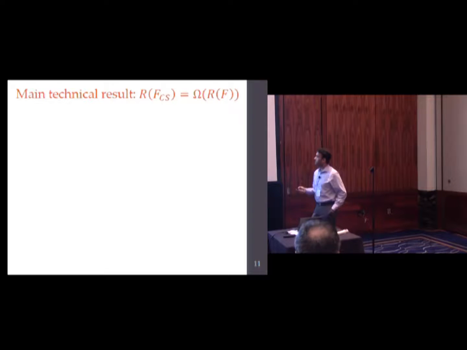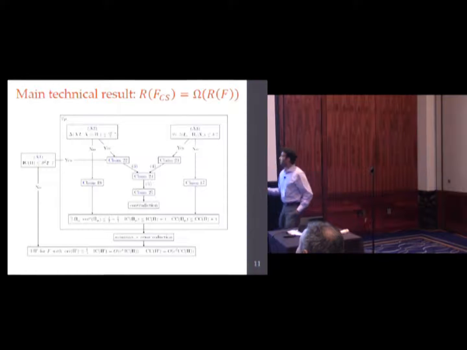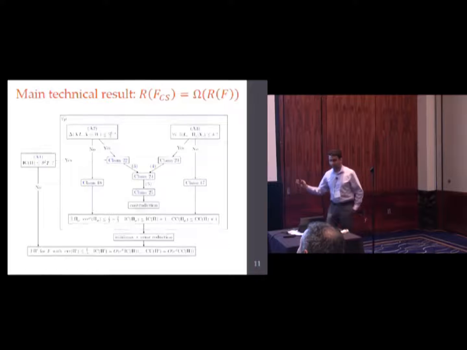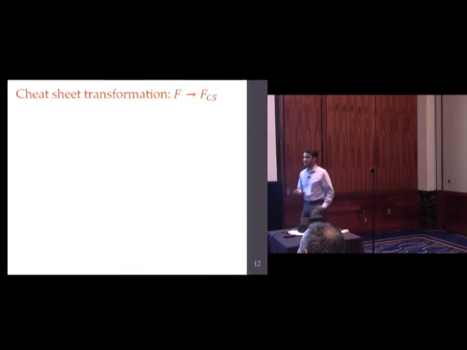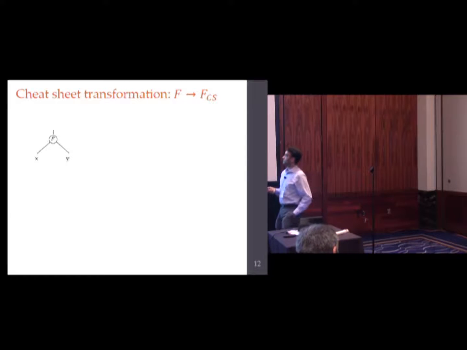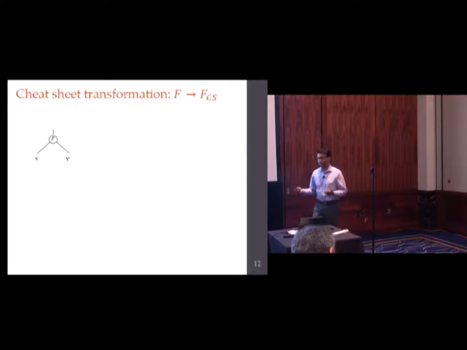I encourage you to read the proof in the paper. It starts out with this very friendly flowchart telling you how to read the proof. So, I mean, the proof can't be too bad, right? If there's a friendly flowchart to guide you through the proof. So, OK, that's all I'm going to say about the proof. And about the cheat sheet transformation, as I said, it's a transformation that looks very similar to the query world, where you start out with some function in the communication world, f, and now you want to convert it to a new function in the communication world.